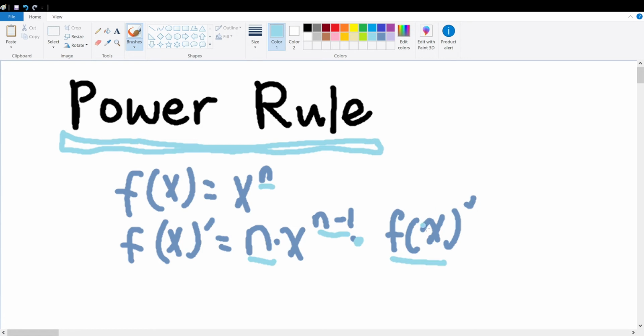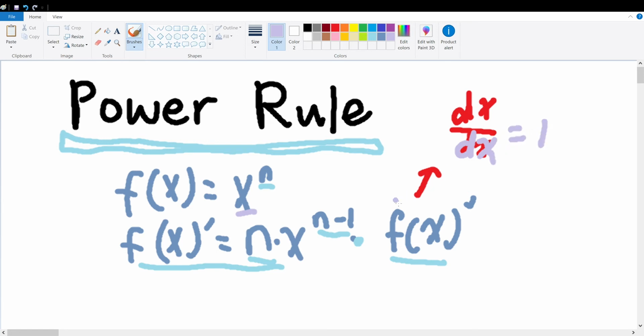Now, what is f of x derivative? It's not the same as this one. What I should write it as, for better understanding, is dx over dx. So you're taking the derivative of the function, which is x, over the variable you want to take the derivative of, which is also x. So this one will just be equal to 1. So in this sense, you can ignore this one right here. But this only applies for functions that don't have